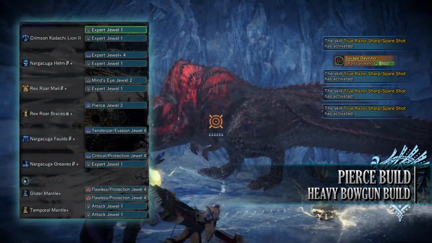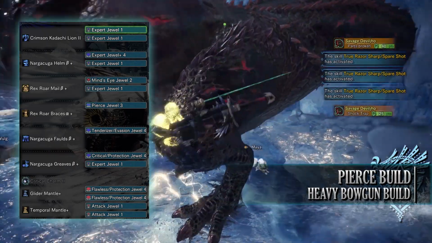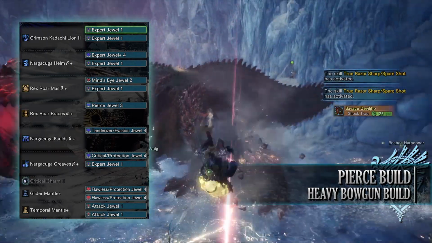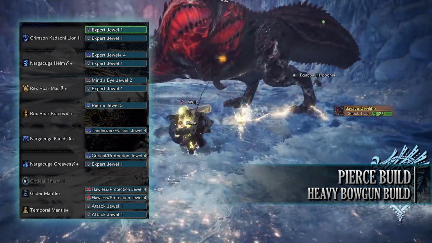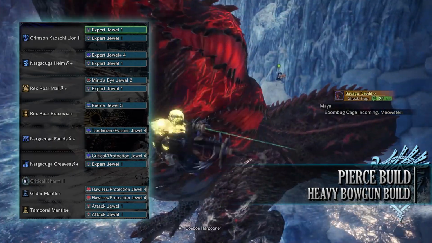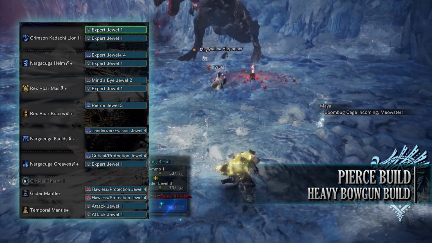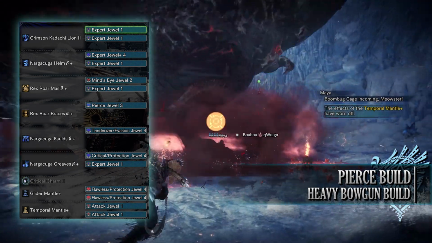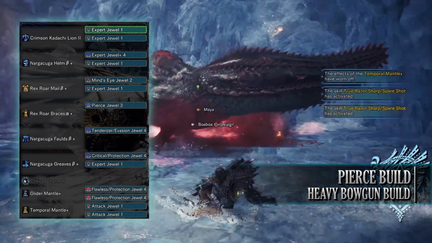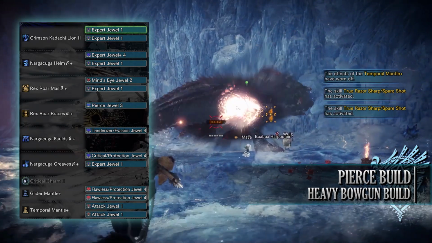As for your jaws, you've got a little bit to play around with here, to which I've gone for expert jaws, a piercing jaw to max out the piercing skill, tenderizer jaws for some weakness exploit, a critical jaw for some crit boost, a mind's eye jaw to provide us that ballistic skill, and we had some byproducts in the form of protection jaws for some divine blessing and evasion jaws for that evade window. As for the jaws and the mantles, these are down to personal preference, to which I've gone for flawless protection jaws, which provide us the peak performance and increase the divine blessing skill,